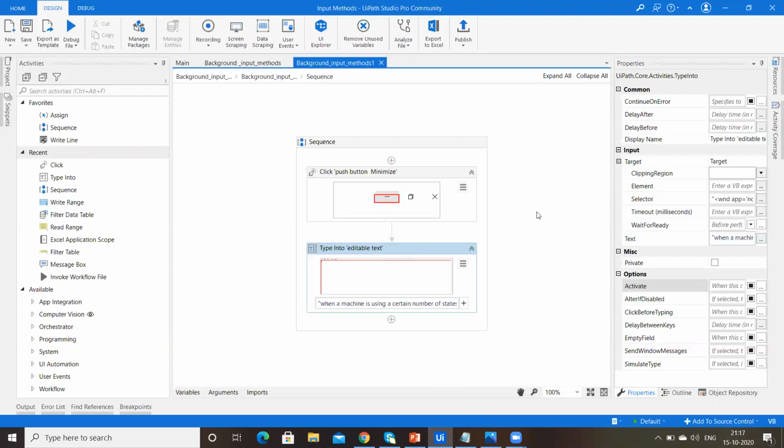Now we'll check whether it supports hotkeys or not.